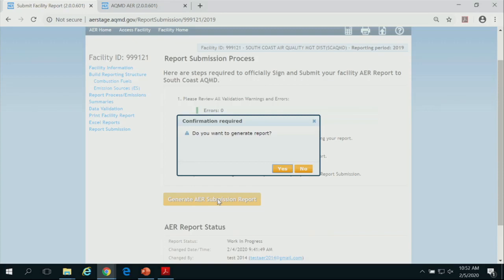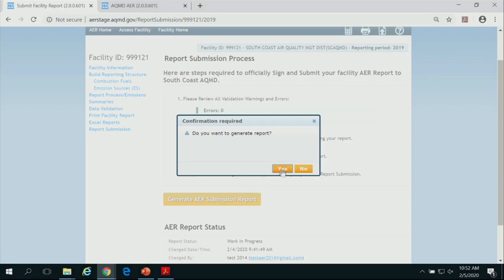The report is generated and is in standby mode. And you come across, oh, I didn't catch this, I want to add it. For you to go back and make changes, this generated report needs to come out of standby mode. You need to delete it. So you tell the tool, hey, I don't want to submit this. Get rid of it. I want to make changes and generate a new one.